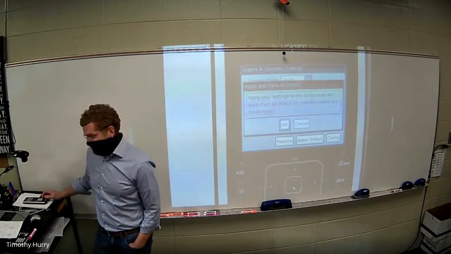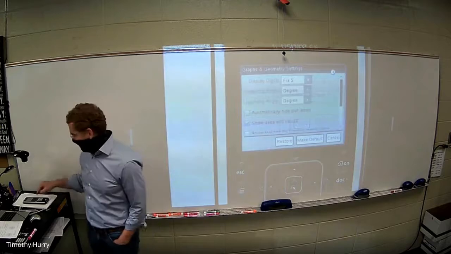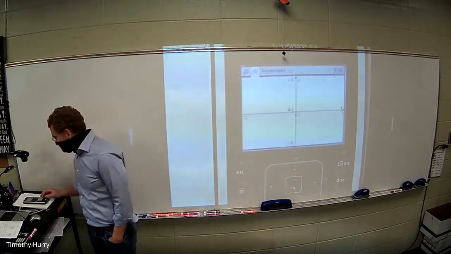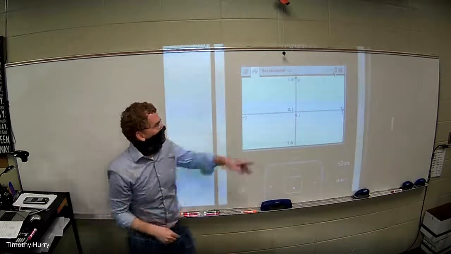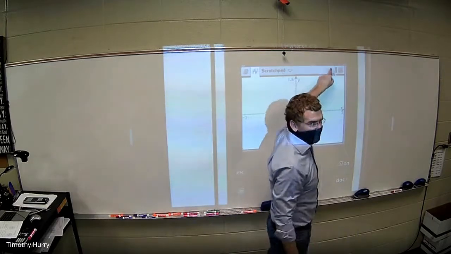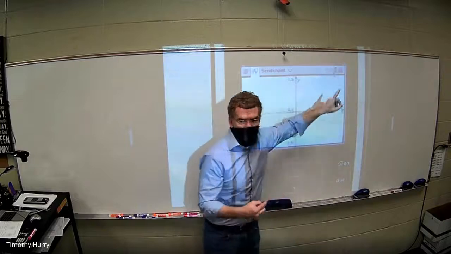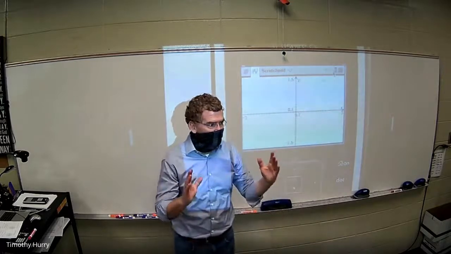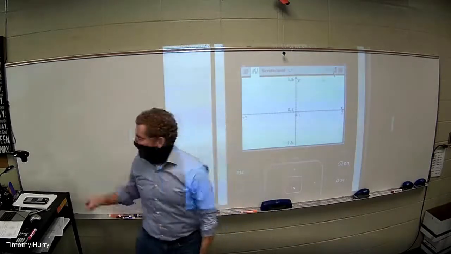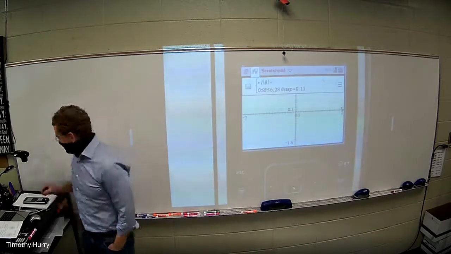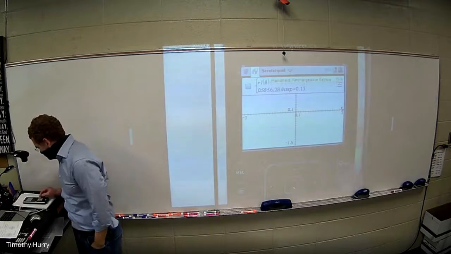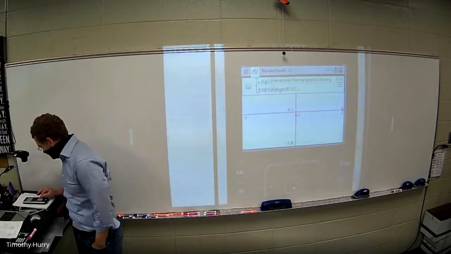The settings for the graph are not the gear. You can't just click up here and change that to degrees and fix the graph. That only fixes your calculation screen. Y'all seeing that? Okay, so now when you hit tab, you should see R1, 0. I'm going to change that to 360. I'm not exactly sure why it's